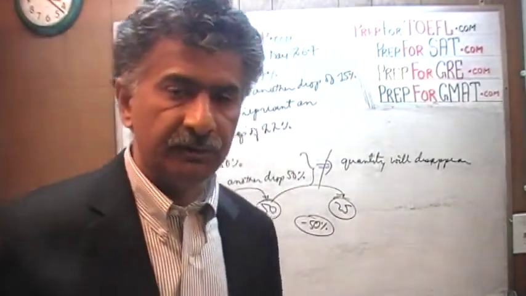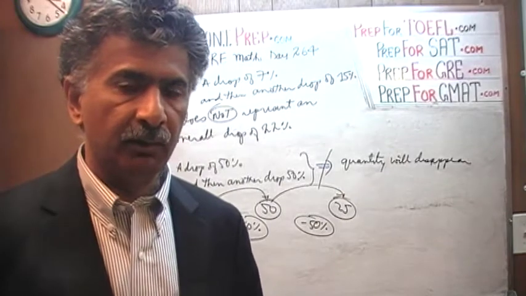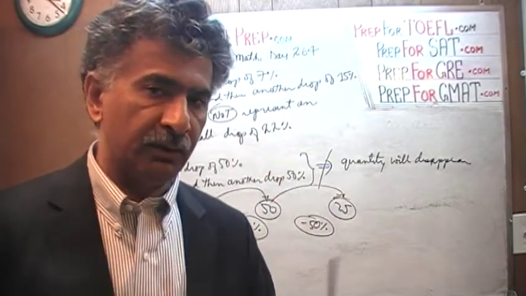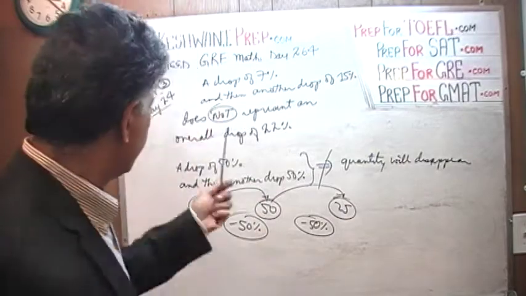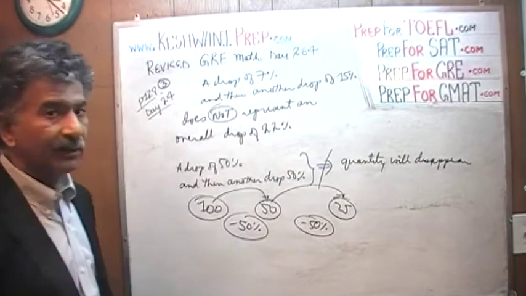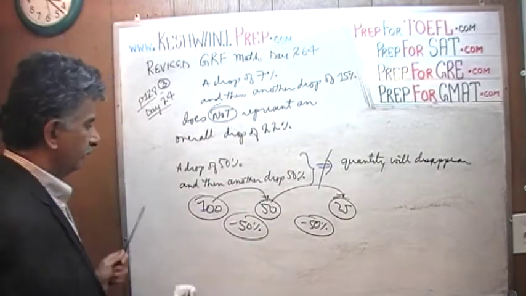When we talk about percentages, percentages are not calculated based on what you start out with in the beginning, but what you start out this period from. So here a drop of 7% and a drop of 15% is not going to equate to a drop of 22%. For example,